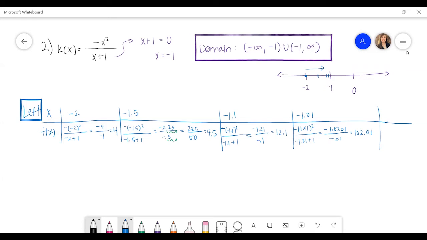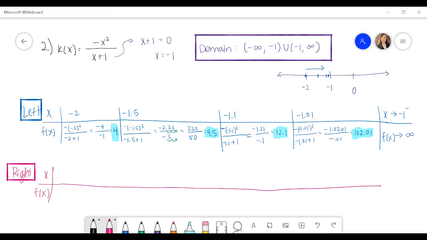Okay, so the question becomes, what happens as x approaches negative 1 from the left? Well, f of x seems to be going up, increasing. Again, we can highlight our function values here. We've got a 4, 4.5, a 12.1, a 102.01. So I would say approaches infinity or increases without bound, right? Again, it's not always a guarantee that they disagree with each other. I mean, it happens. And sometimes it's useful in the beginning to see times where they disagree, but don't make that assumption. So if we do the right side of this,